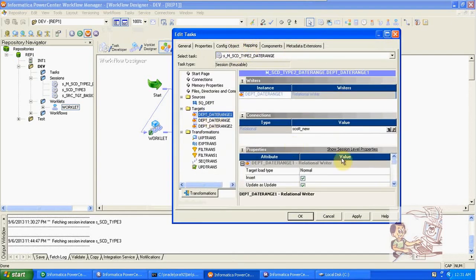So in the target also you have the options insert, update as update, update as insert. So here also, if you disable any option, like you are trying to insert some records into the target, but if you disable this option, it will not insert any records into the target. Okay,